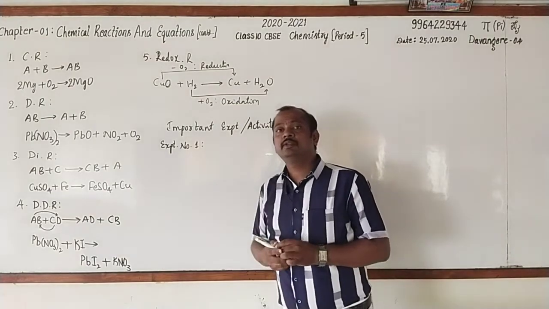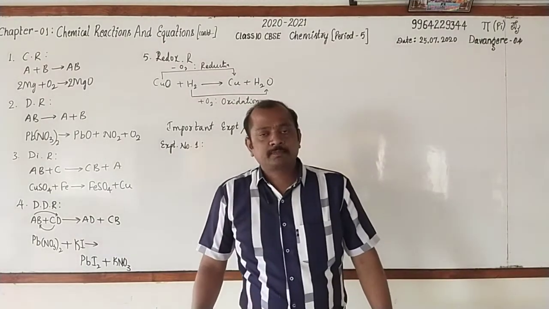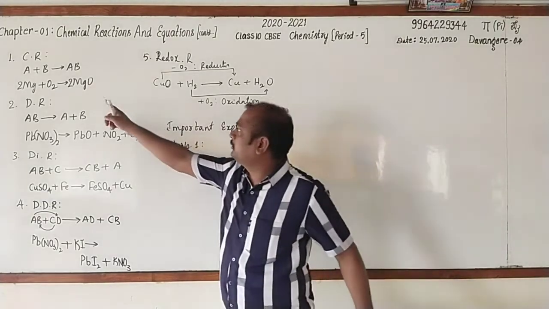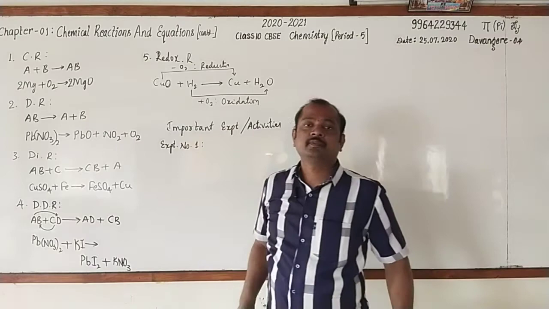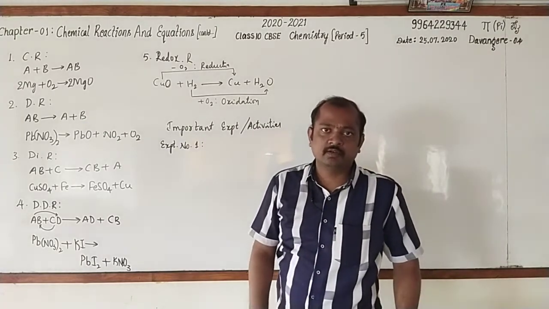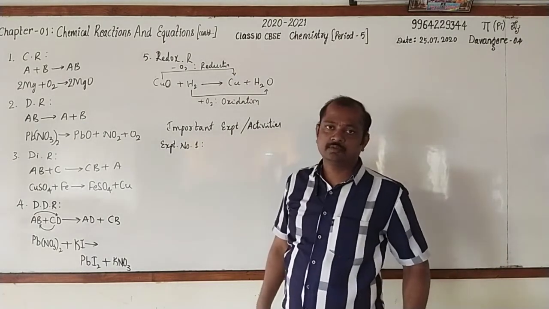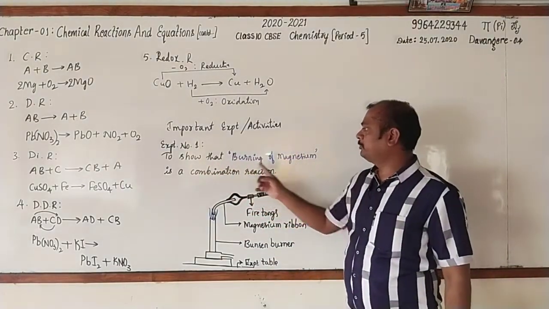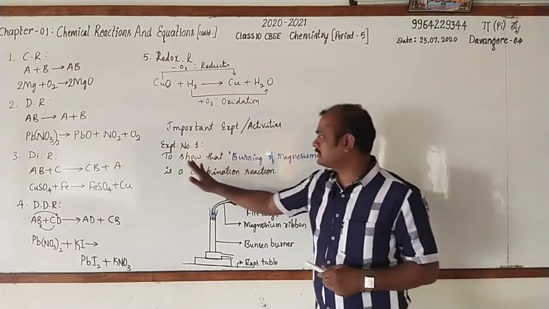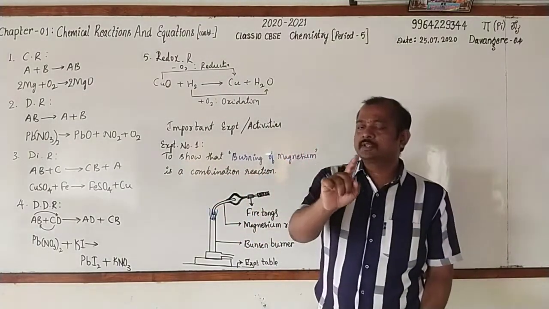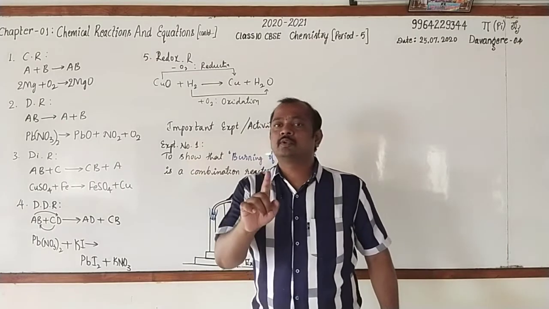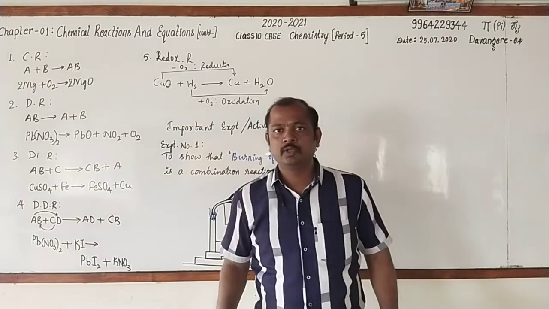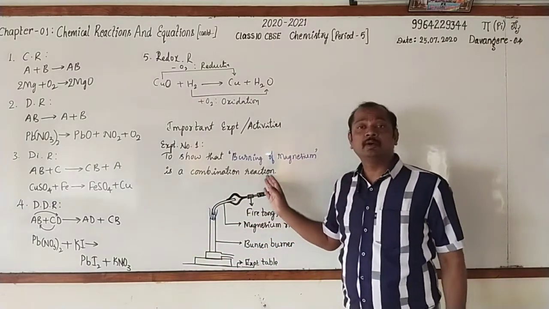The question will be given in this way. Explain with a neat labelled diagram to show burning of magnesium is a combination reaction. Let me write the question. Observe, this is the experiment to show that burning of magnesium is a combination reaction. This is the aim of the experiment. Dear students, I have already told you the question. The question is, explain the experiment with a neat labelled diagram to show the burning of magnesium is a combination